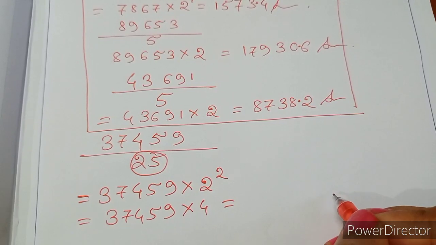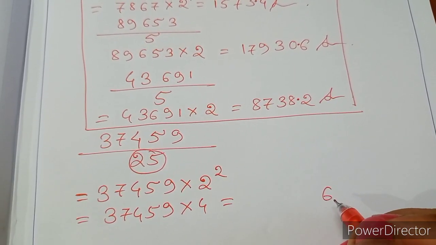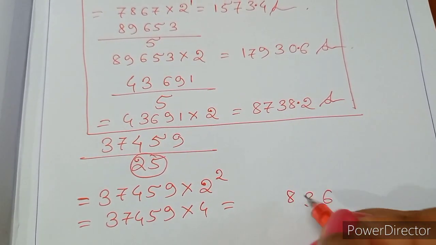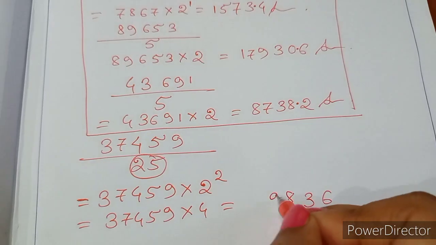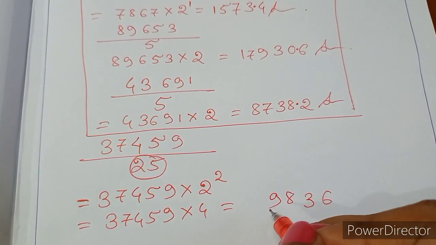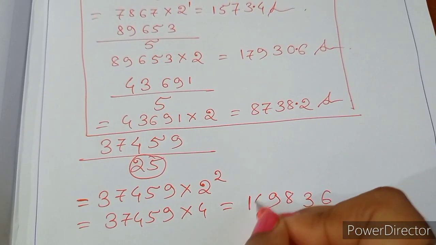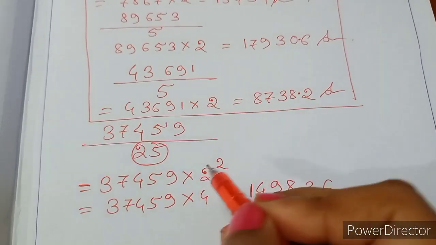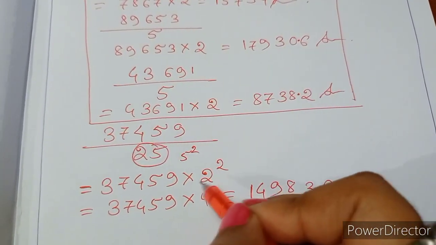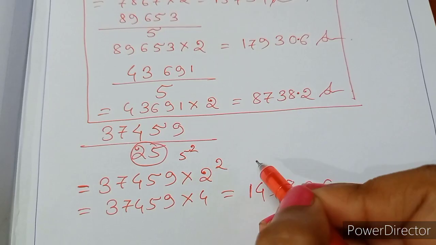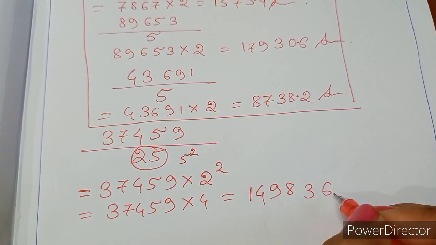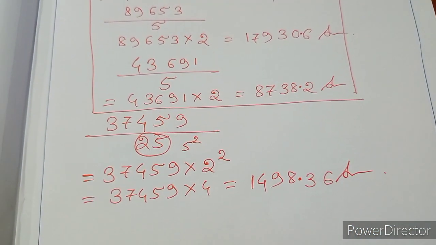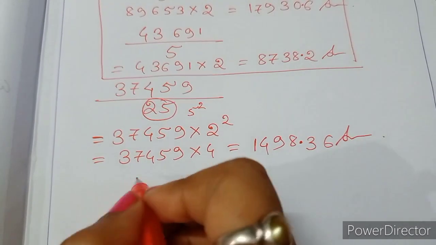9 fours are 36, 6, 3; 5 fours are 20, 3 is 23, 3; 8; 9 fours are 36... 3 fours are 12, 2, 14. Here we divide it by 25. 25 means 5 square. So we multiply it into 2 square. 2 square means 4. So the point is before 2 numbers. So the answer is 1498.36. Next,